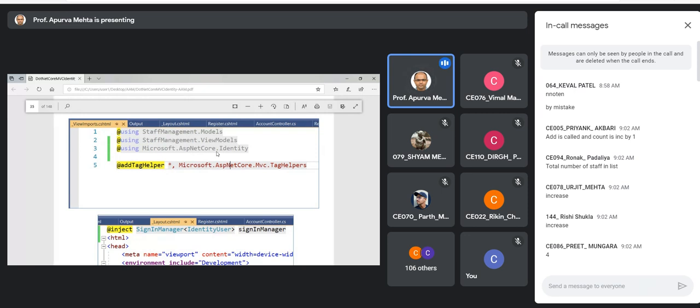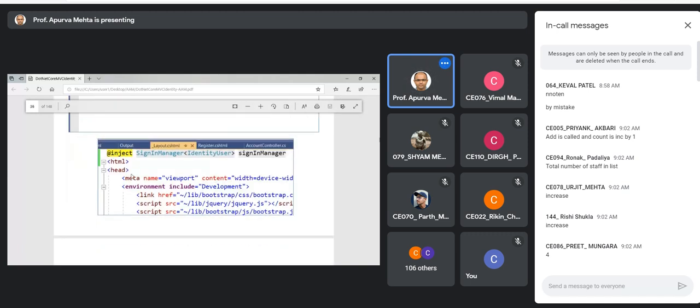So SignInManager has the sign-in services and it will identify whether a specific user is signed in or not. That's why I'm specifying the namespace in the view import. And then I'm injecting the service in the layout.cshtml file, that for SignInManager, I want to use identity user, to check whether that specific user is signed in, or if I want to sign out the user.